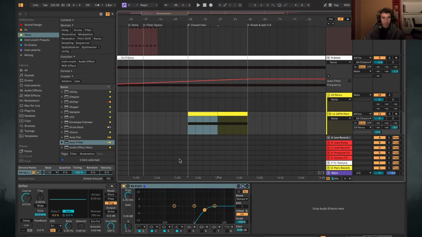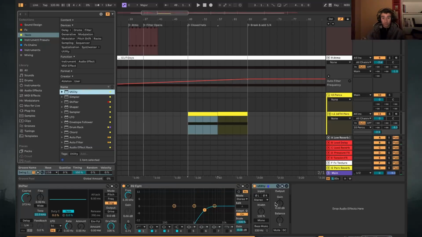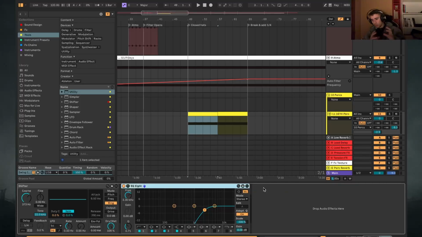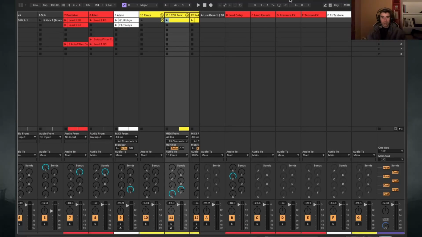If you want to make gain arrangements, use the utility. It's much better, okay? So you don't lose the settings you have on the mixing, okay? So I think